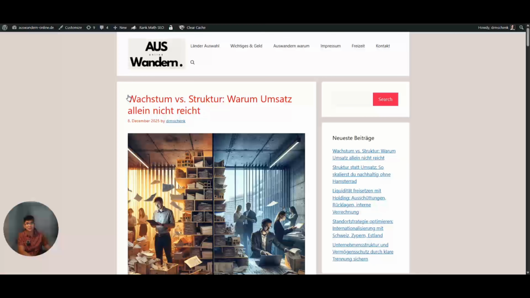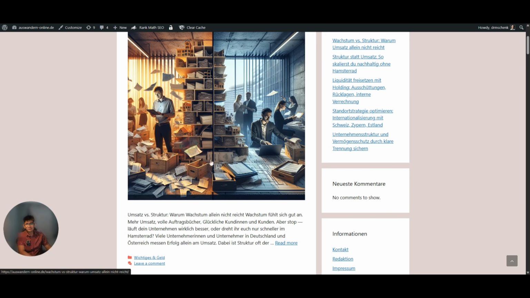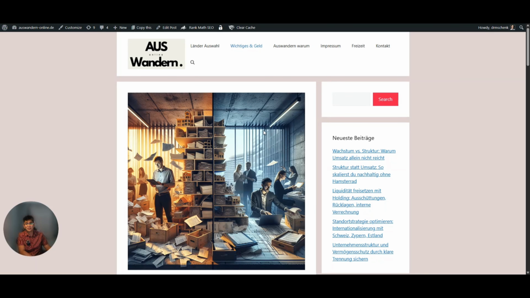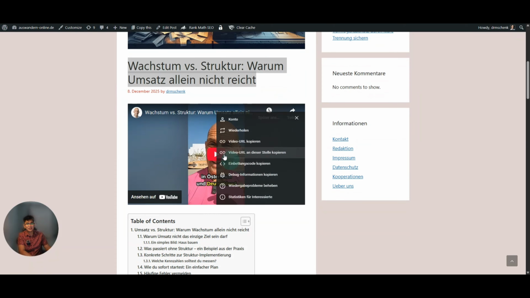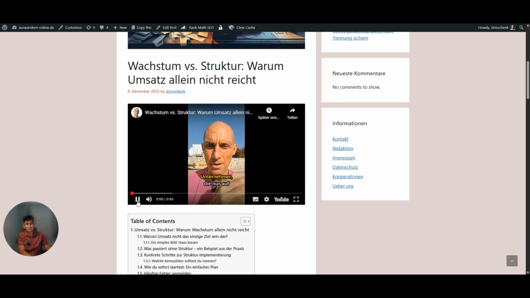And let's read the actual blog generated. This is the featured image generated from the OpenAI image generation module. This is the title, and this is the clean YouTube embed link, which is clickable on the WordPress blogs.